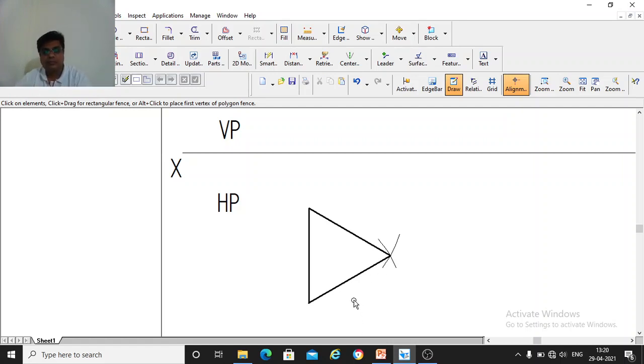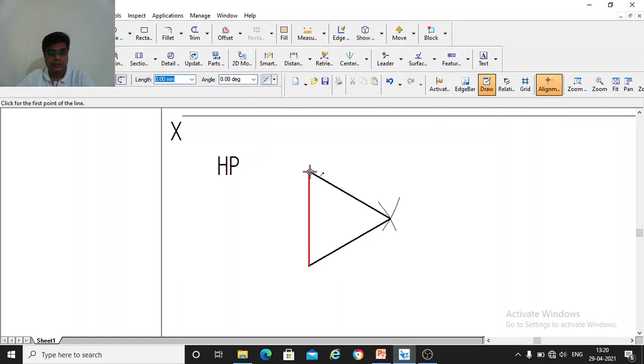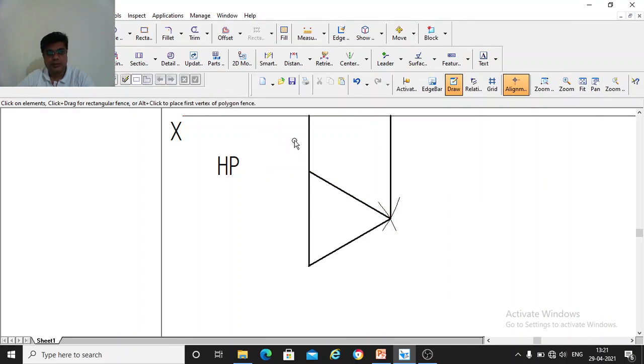Now you are seeing from the front, and when you project this plane, the front view will be on this XY line. Next, take your micro tip pencil, and from this end draw a line connecting to the XY line. Similarly, take this end of the line and draw a vertical line connecting the XY line. These two lines should be thin and light.